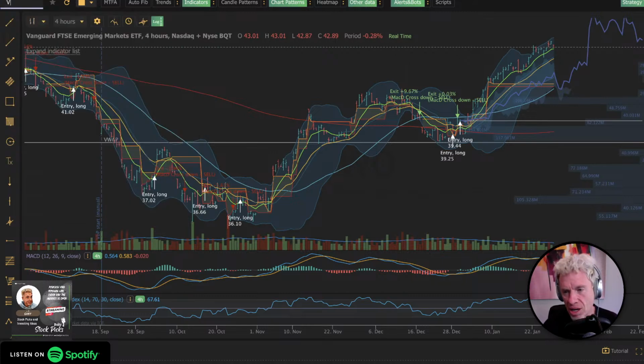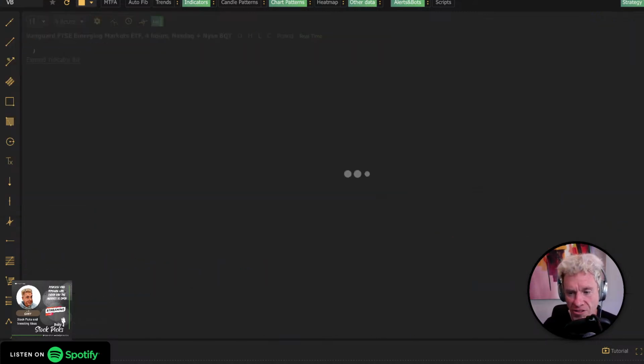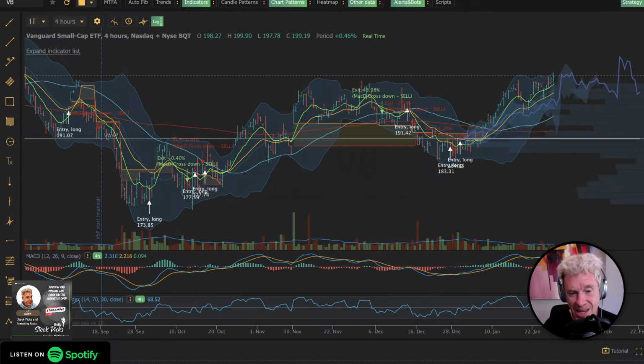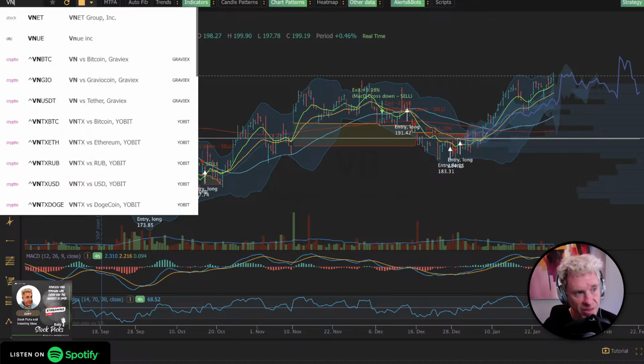Another secondary cross-up that we had earlier in the week, VB. This was a Tuesday one, which crossed up. This is another cross-up. The RSI is super high, 199. Looks like it's crossing that 200. I don't know that I'd necessarily enter into this one, but again, it's kind of a Vanguard, and you're just looking to get in.